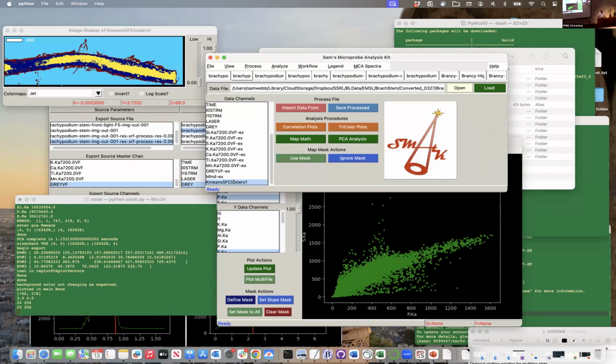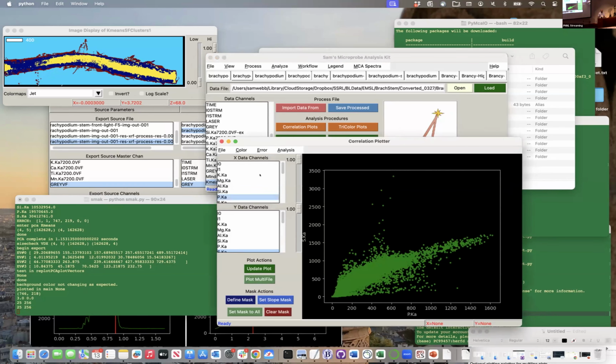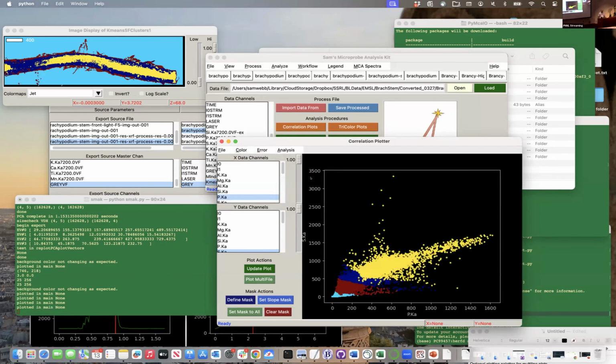I can be highlighting this channel in the viewer, and now I can say under color, cluster plot it. And that shows you where those clusters are. You can see how the K-means is very straight line, and it's really just doing concentration more than anything else. So this is why I don't like K-means for the most part. It's a little bit too